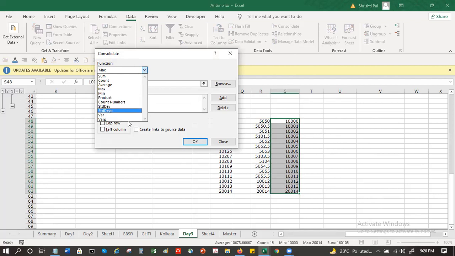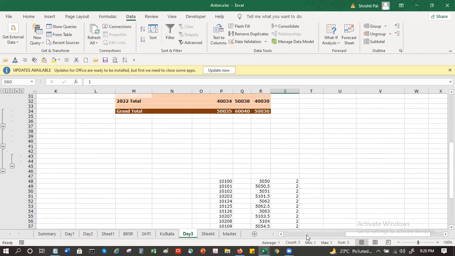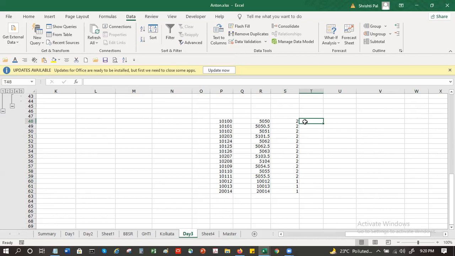Count numbers or number of values. So the last three are additional numbers, which are not there in these two ranges. So this is the consolidate one.